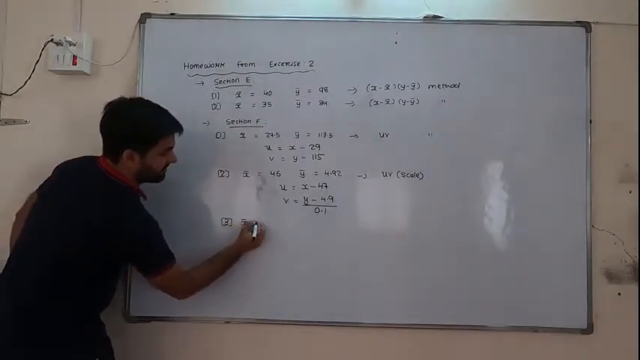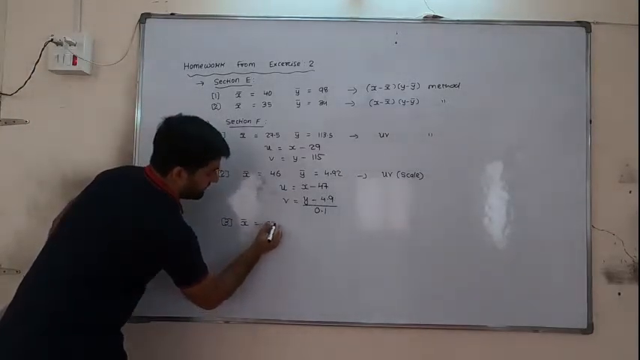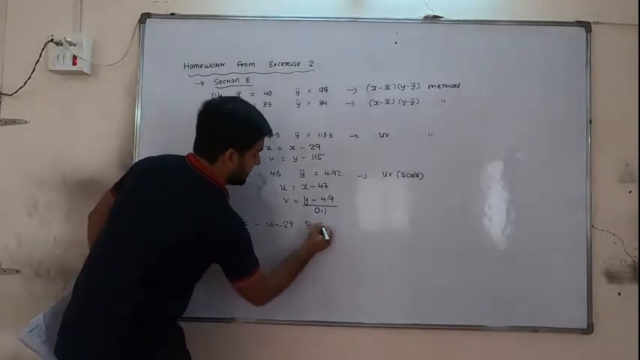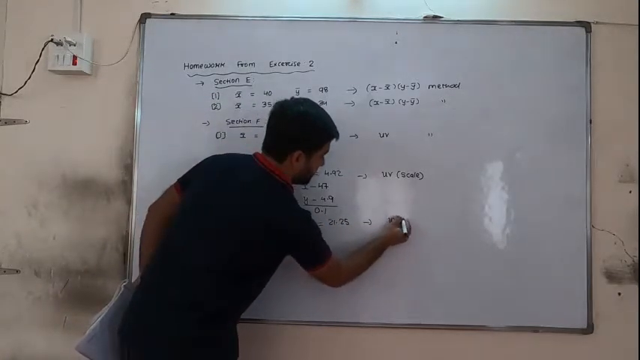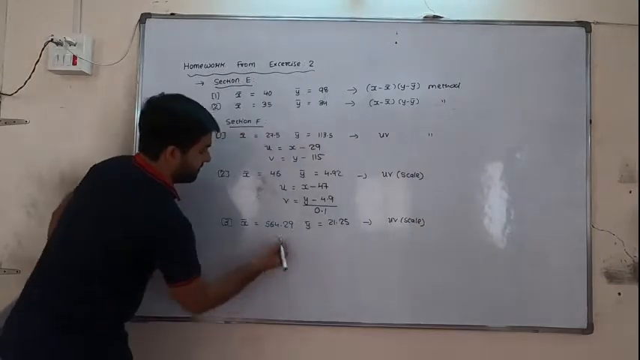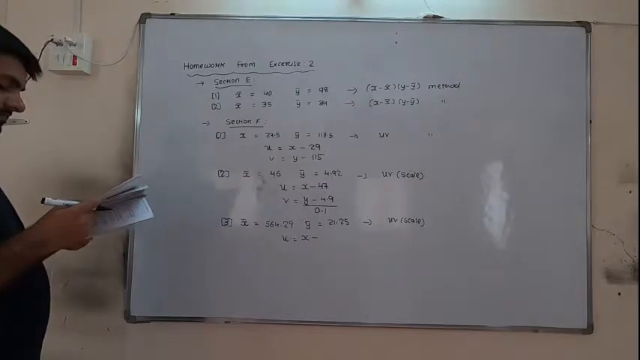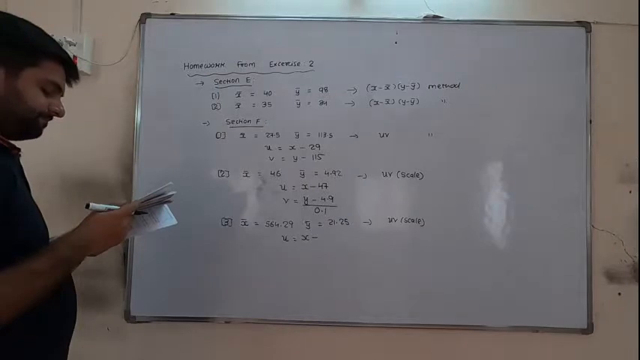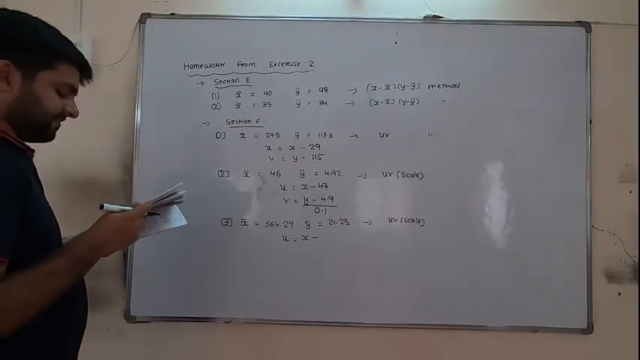Third sum. X bar is equal to 564.29, y bar is equal to 21.25. Again use the uv method with scale. u is equal to x minus. Now 564.29 is there, and we have to check whether any of the values is repeating or not. None of the values is repeating, so better to take 600